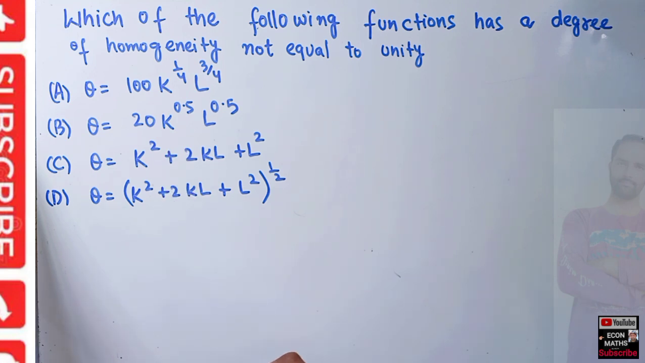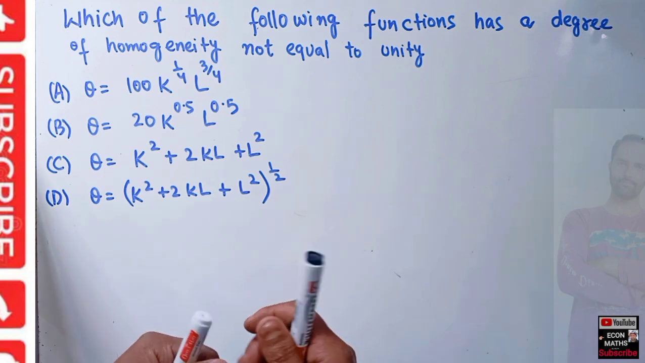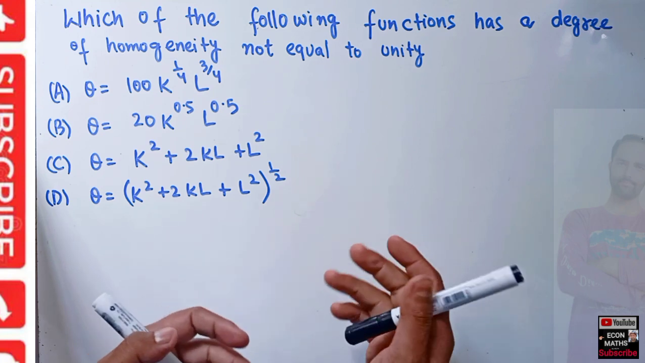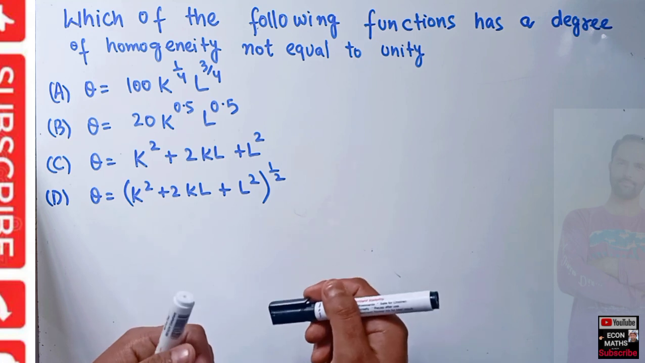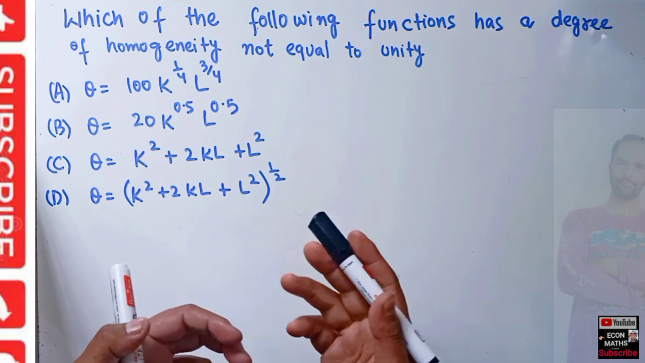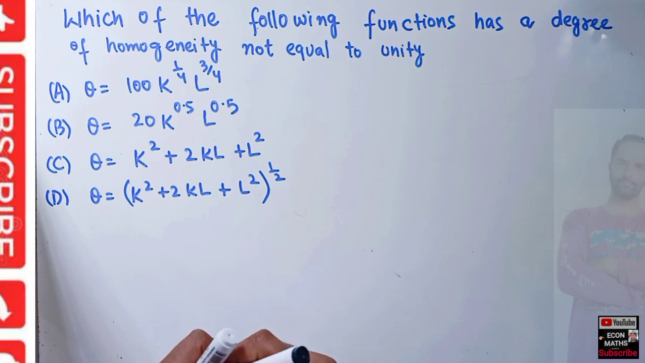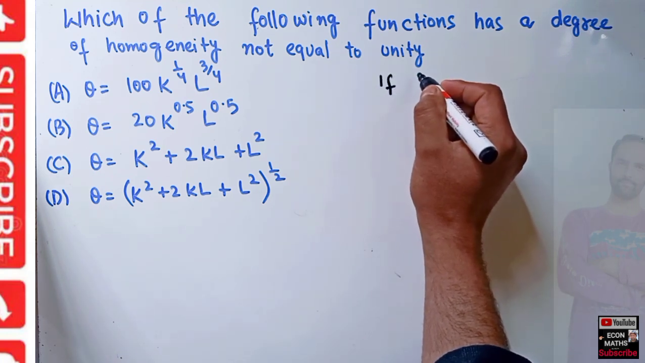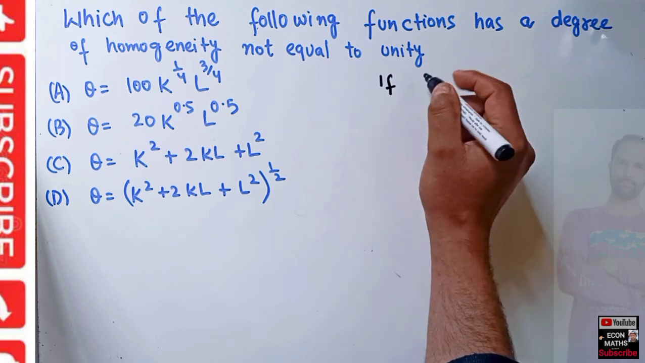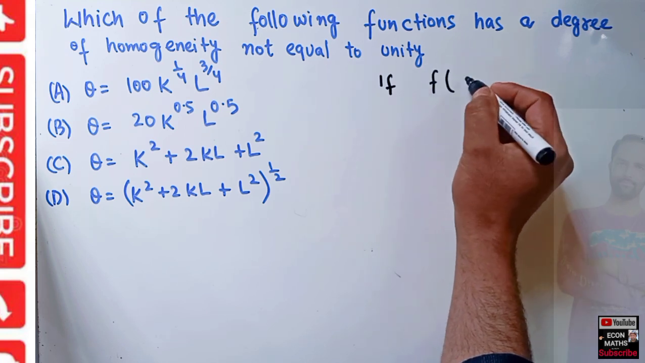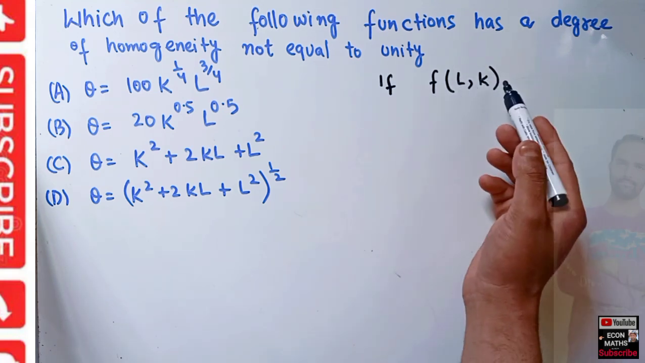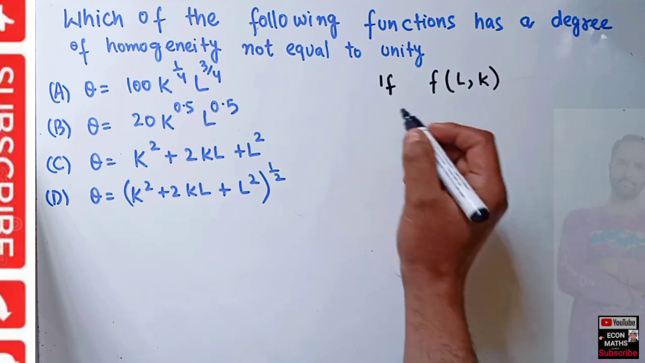Okay. By homogeneous of degree 1, what do we mean? A function is said to be homogeneous of degree 1 if independent variables are multiplied by a constant value, then the dependent variable is also increased by the same value. Simple thing. Let us say we have a function f, which is a function of labor and capital. This function is said to be homogeneous of degree n if